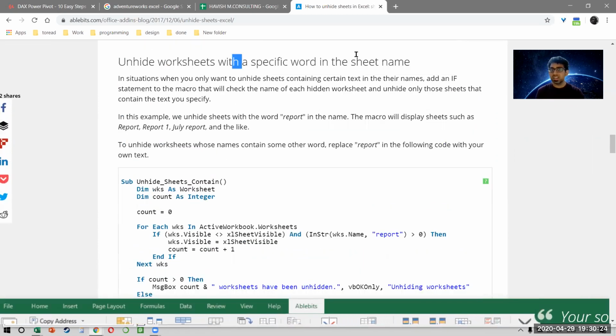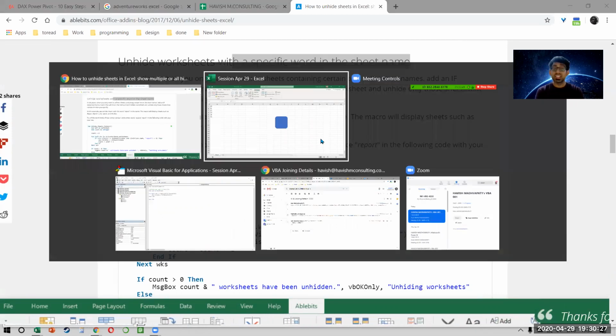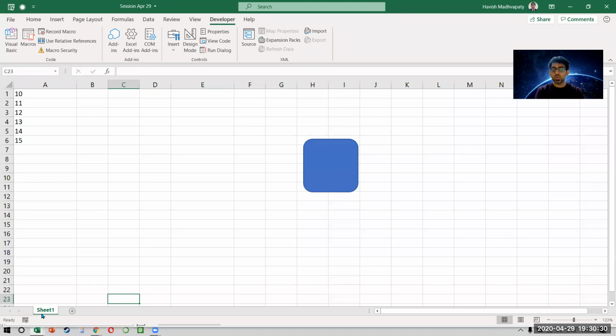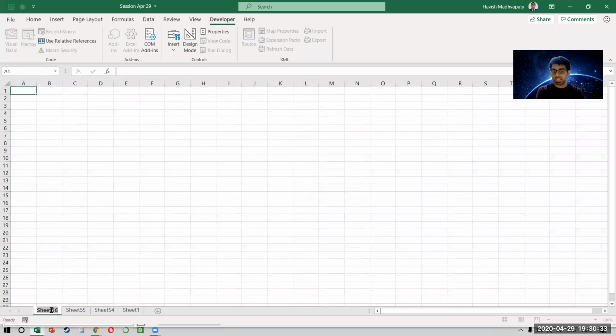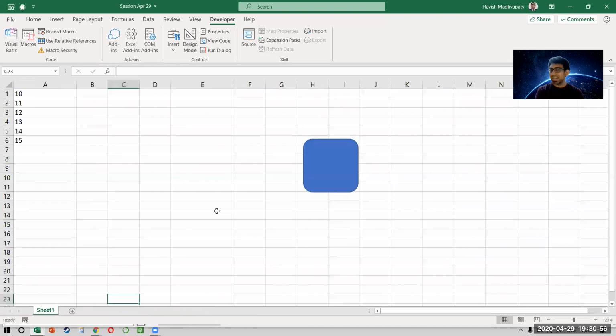Similarly, you have another code which says unhide with a specific word in the sheet name. So imagine, this again is a financial bliss. I mean, this is so useful. Sometimes what happens is you have a number of sheets. It is called sales north. This one is called sales south, right? And this is called target north. And I'll just make one more and I'll call this target south. Now, the problem is that if I hide all these 4 sheets and somebody says only unhide the sheets that have sales in it, not the target. The problem is that you don't know how many sheets have been hidden. Some of them are the sales and some of them are the target.